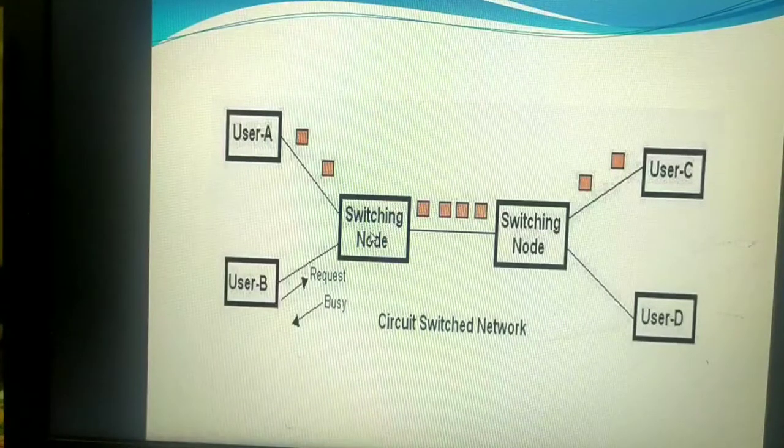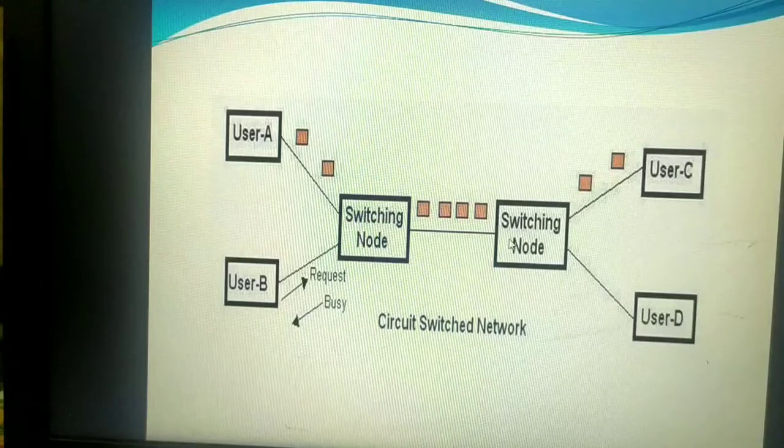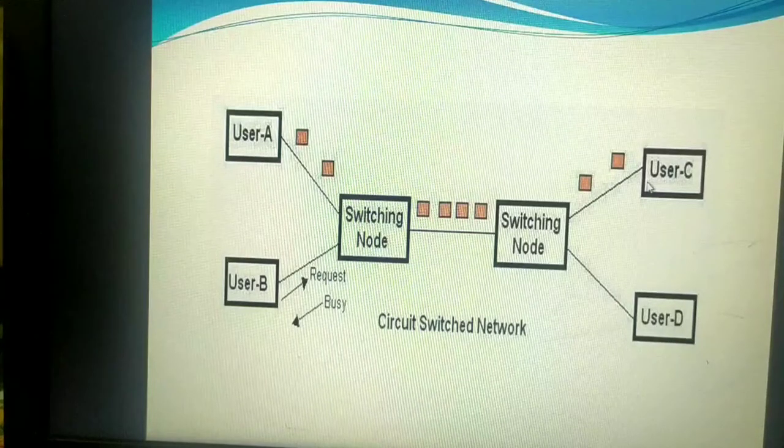The switching node will send a signal to the destination. Maybe this switching node is not in range to directly reach C, so it will send the signal to the nearest switching node, or it might be only one switching node. The nearest switching node will send signals to check whether user C is free or not.